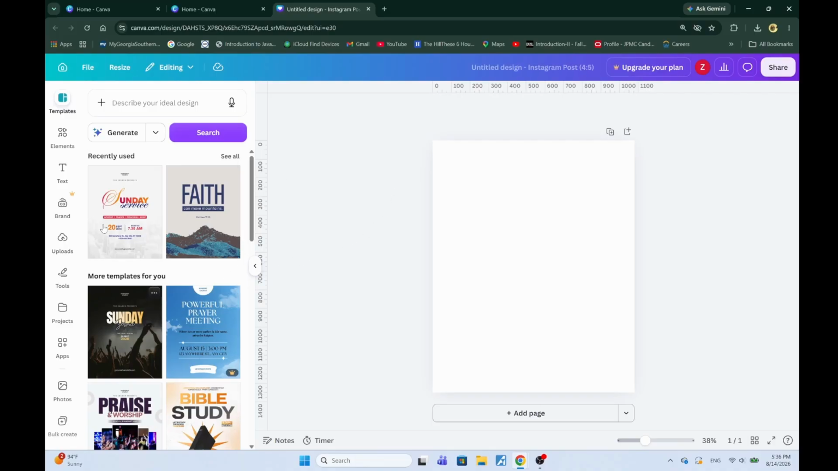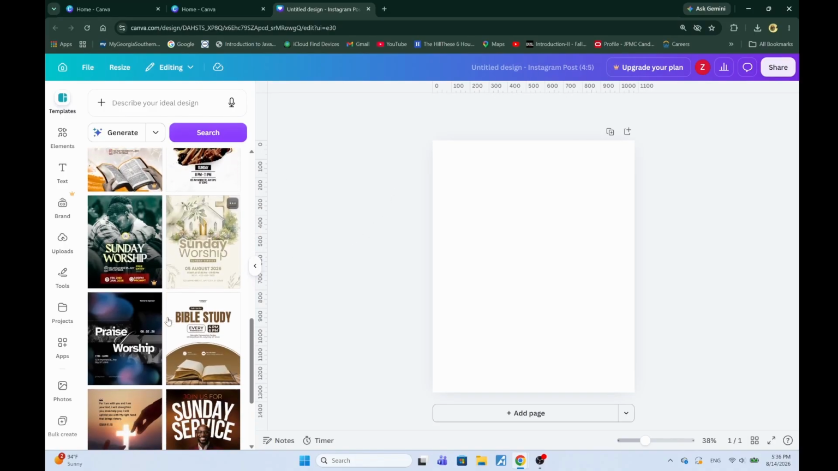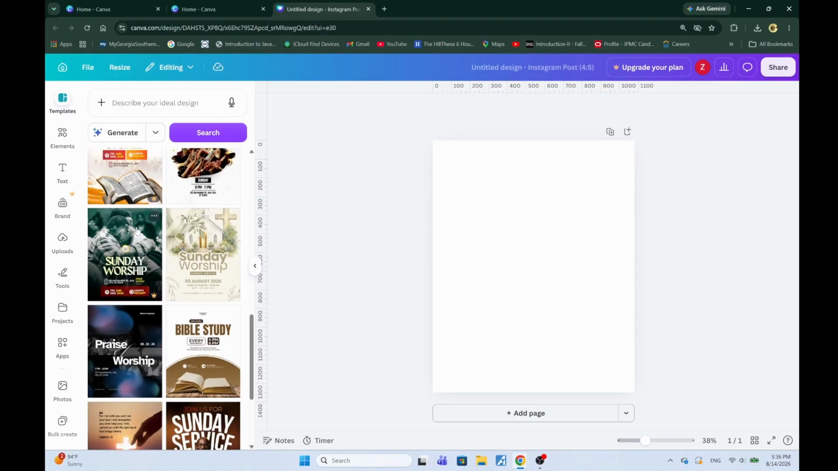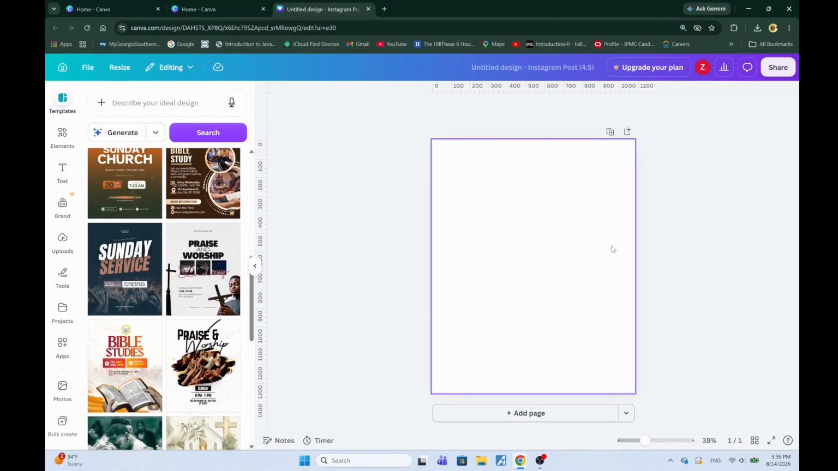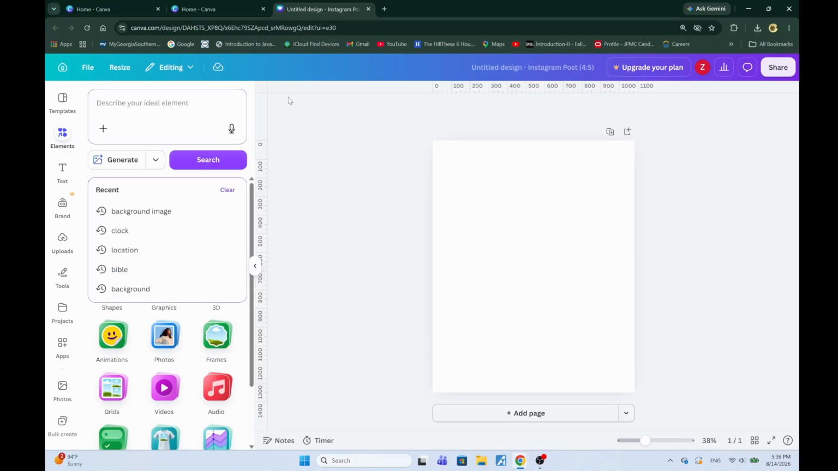So on the left-hand side, you're going to see a bunch of different formats that you could possibly choose from. These are simply templates. You don't have to stay true to it. For the sake of this video, we're going to start off with this blank canvas and just build it from the ground up. So come over here to the elements side and just pretty much search for exactly what you need. Every good flyer needs a background